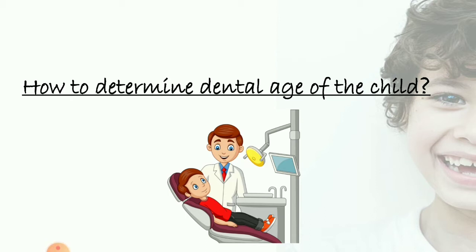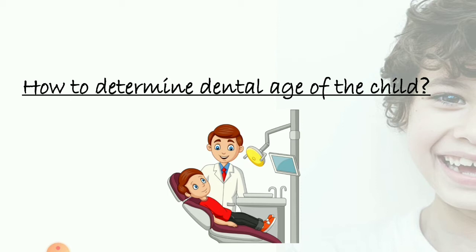So whenever a child enters our clinic, as children carry a unique sequence of eruption of teeth, we are supposed to know at what age which specific tooth erupts into the oral cavity, because many times children face eruption disorders or delayed eruption. At that time, if we are thorough with the knowledge of at what age which tooth erupts, then we can rule out the things properly.